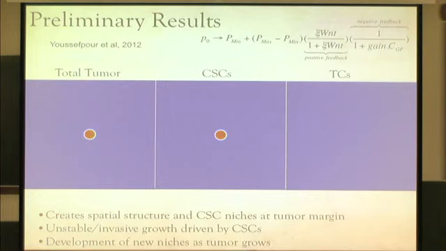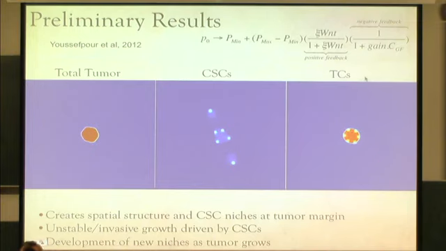If we put this together, let me show you the stem cells first. What happens, instead of the uniform state, is that you get clusters of cells. So these are high stem cell concentration. It doesn't look like anything's happening, but it actually is starting to finger. If I show you the total tumor, you can see that, and then let me show you everything you can see in this terminally differentiated cell.